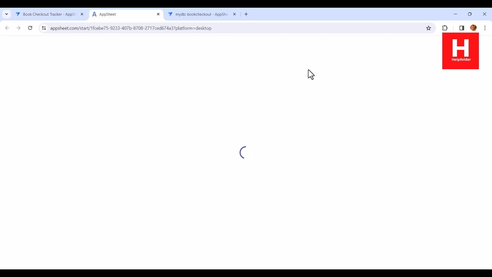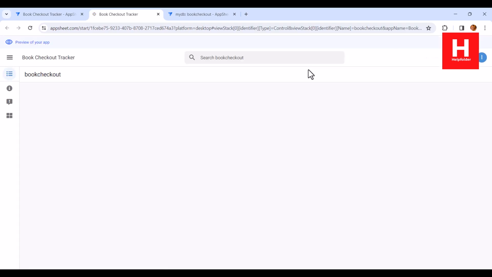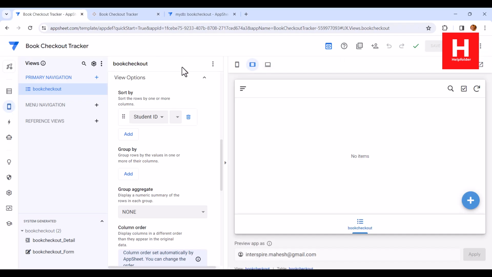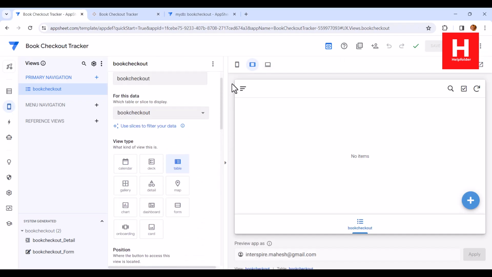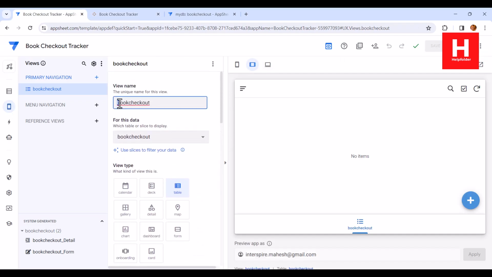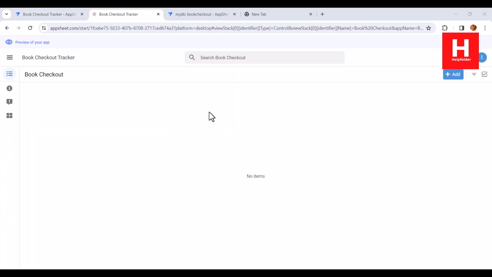Basically, on the desktop view you will have to check the options. Here you can see it is choosing the lowercase book checkout, so I will be choosing uppercase first word. Right, so now the noise is out, so I will try and add the